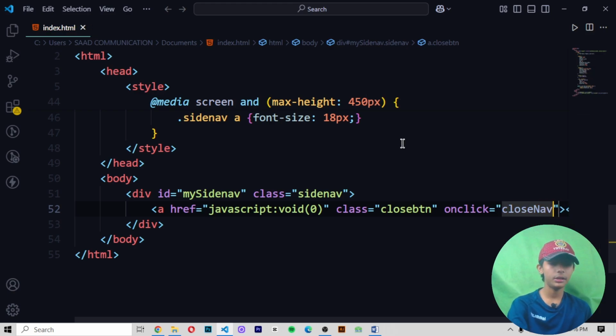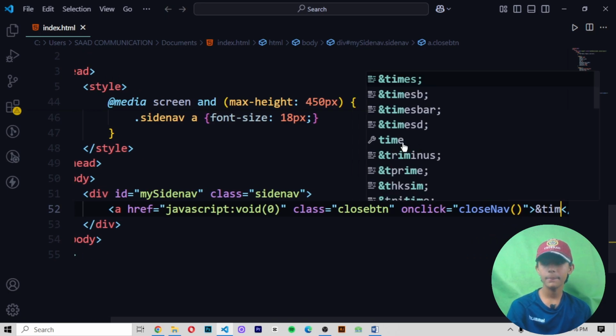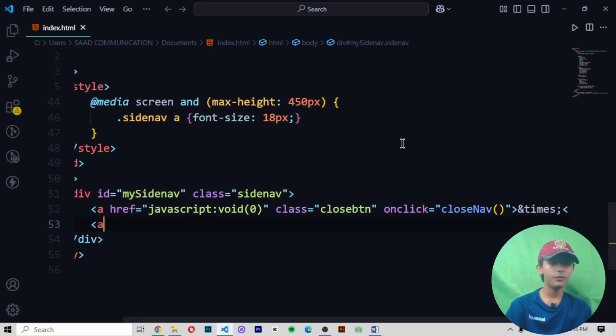Then write onclick closeNav, with parentheses, and in it you write the times symbol, the cross.